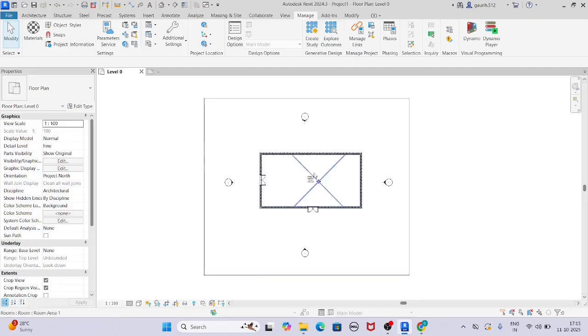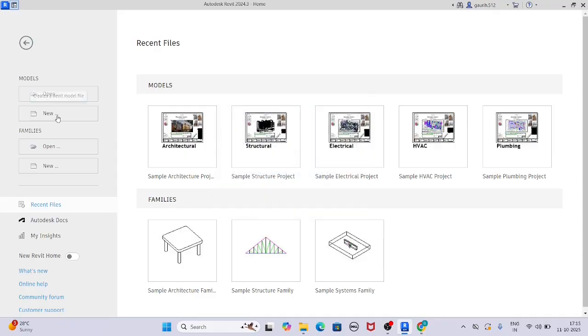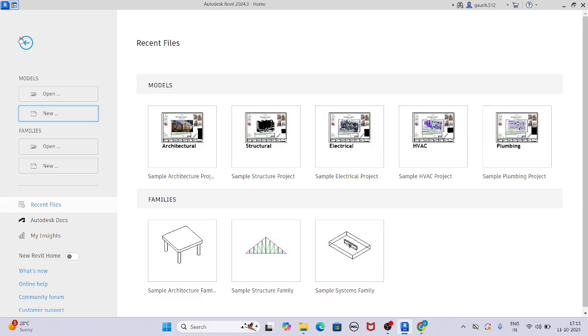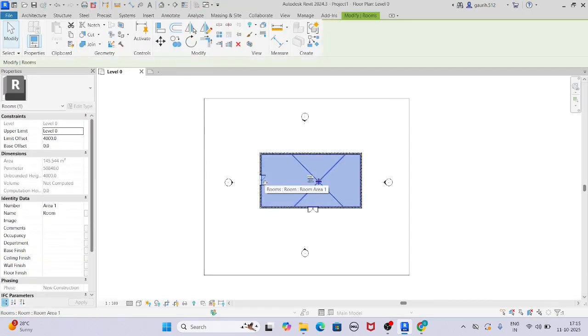So this is the Revit 2024 version. You can open Dynamo in any version of Revit above 2016. Here the Revit 2024 file is opened. You can simply open a new file from here. I have opened one and created some walls and placed the room doors, which will help us in